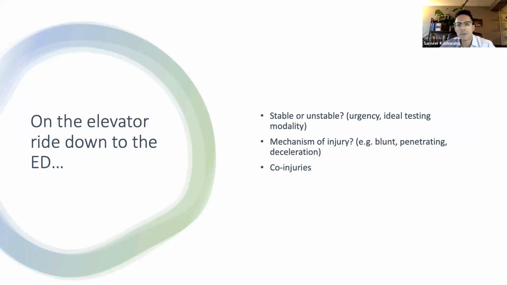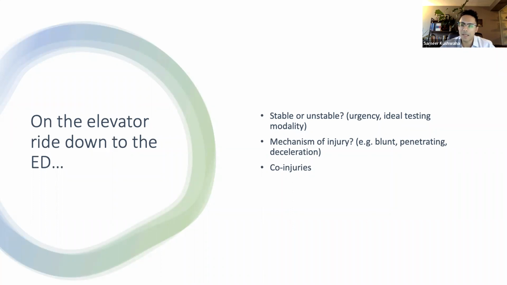So when I'm thinking about the trauma patient that I've been called to assess, as I'm going down to the emergency department, I'm always asking myself a few important questions. Number one, I'm trying to think about if they are stable or unstable, as this will affect how quickly I need to get to the patient and do the echo. But also whether I have time to gather collateral clinical information, or if I can get other tests such as CT scans to corroborate my findings.